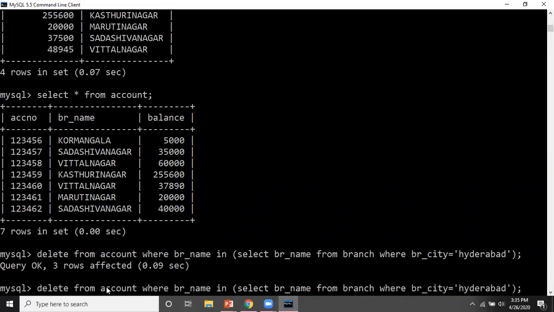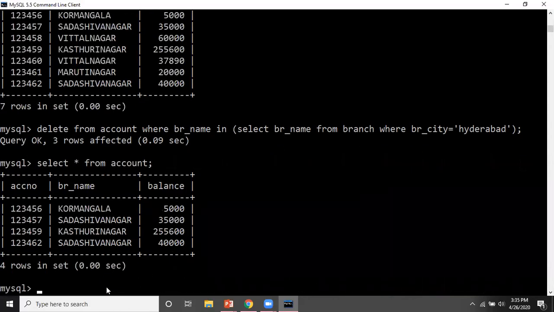Fine. So three rows affected. Let me first see the accounts table. Earlier also we have seen the account table. There were 7 rows, but now only 4 rows are there. So which accounts are deleted? Vitthal Nagar and Maruti Nagar were there: twice Vitthal Nagar and one time Maruti Nagar. So these are deleted.